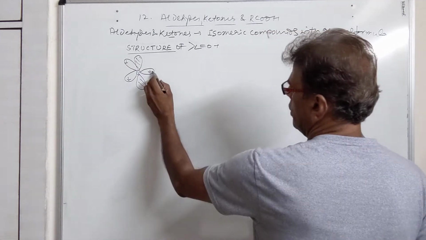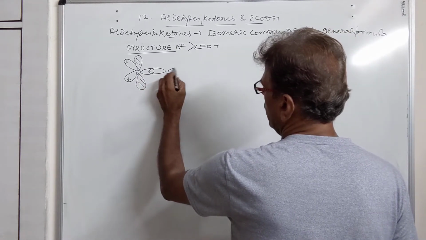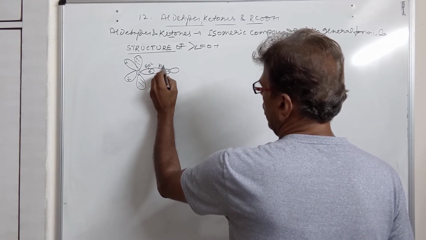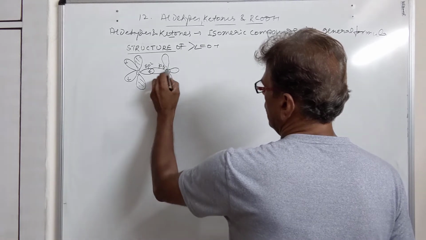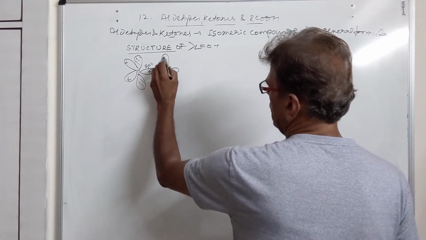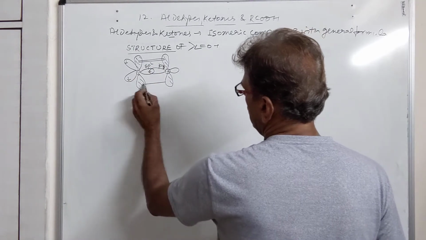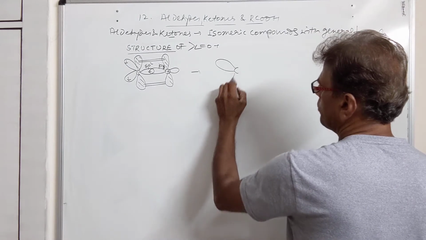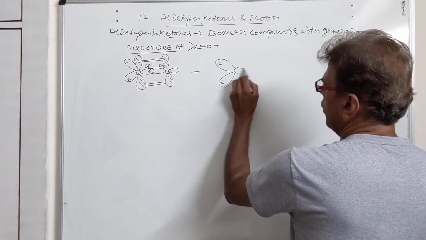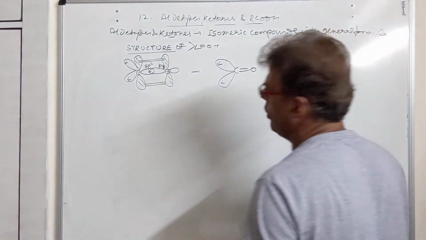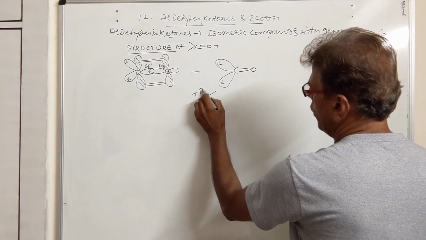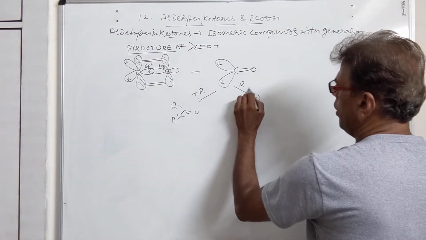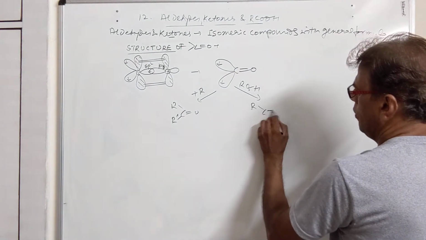This carbon forms 1 sigma bond with oxygen by overlapping of the sp2 orbital with a p orbital of the oxygen, and then we have the unhybridized p orbitals overlapping sideways. So up to now, we have the structure like this. Carbon has 2 sp2 hybridized half-filled orbitals. If they overlap with 2 R groups, then we get ketones. If it overlaps with 1 R and 1 H, then we have aldehydes.